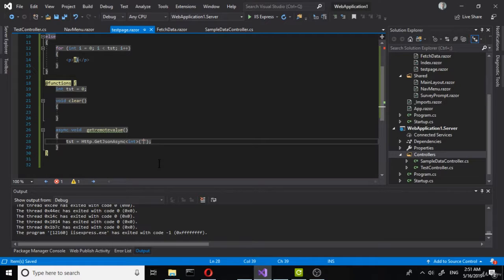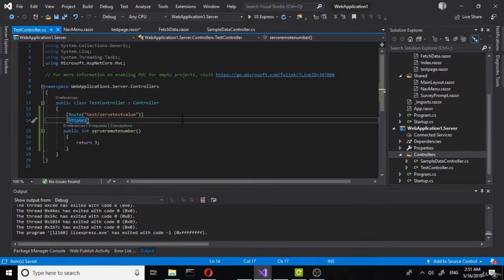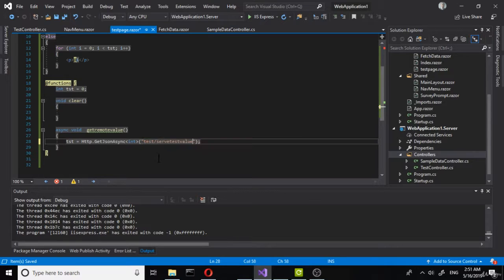Okay, so let's just do what was the route. Let's check, and it's test serve test value. I'm just gonna copy it to be sure. Now I would always suggest to just copy and paste the routes, and in that case you can be completely sure that it's the right one to put in. Okay, so I believe we have that assigned, and then on clear we need tst equals 0, just like that,